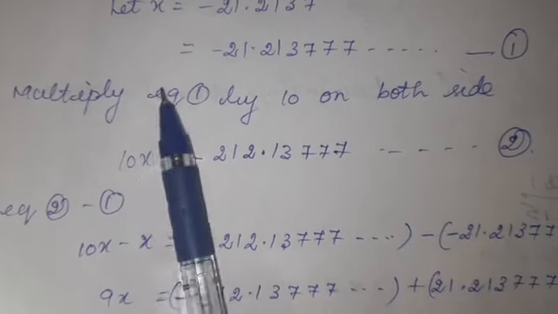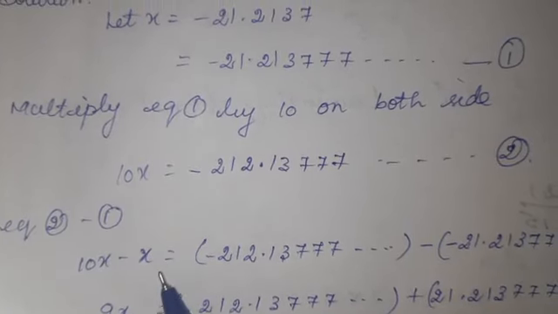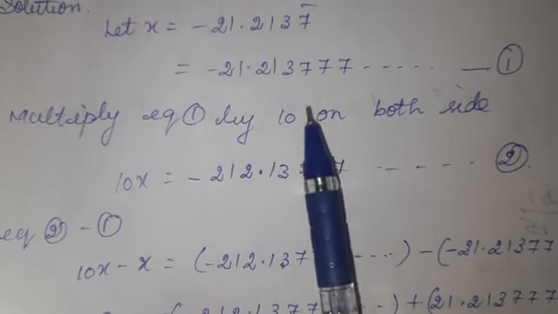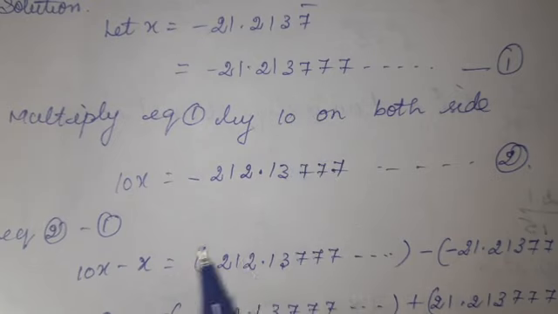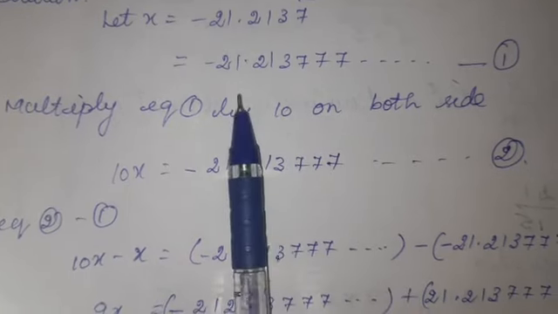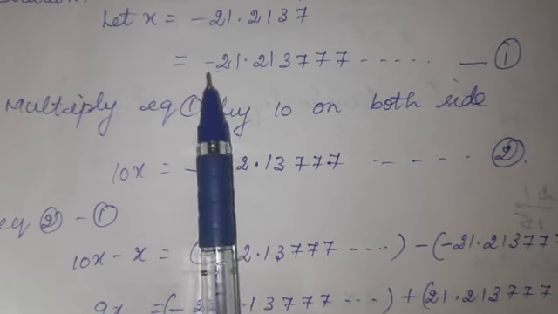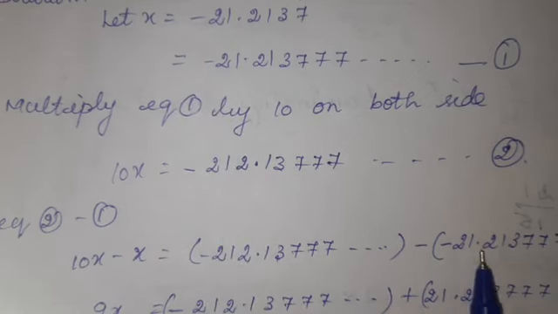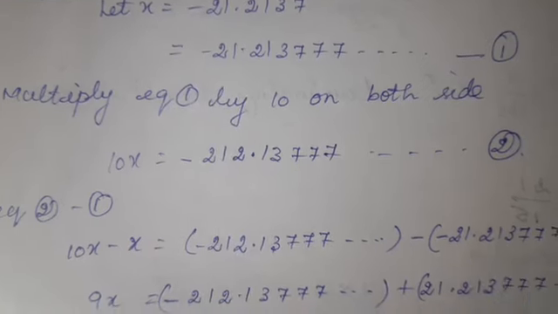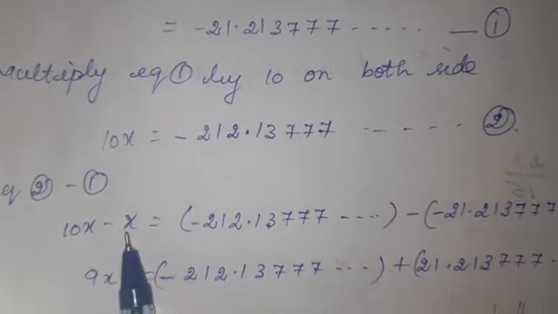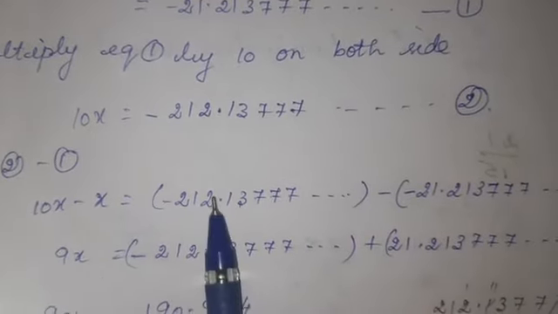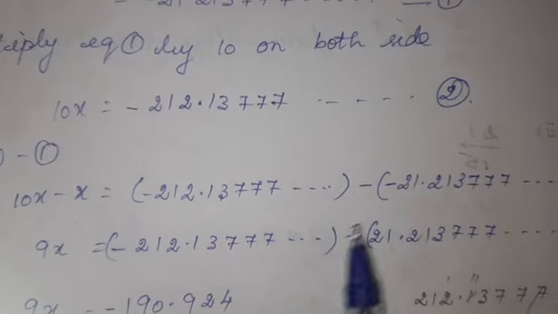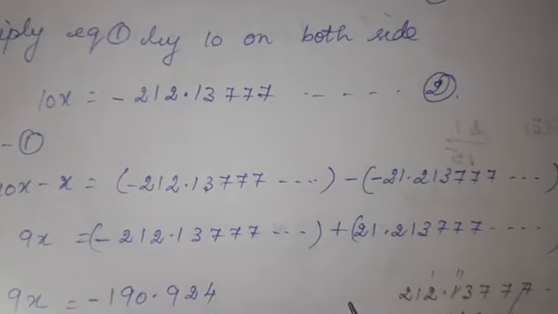Then 10x minus x is equal to, and subtract the RHS separately. So this one minus, the question they gave us, minus 21.21377 etc. Then 10x minus 1x is 9x is equal to, this I have written here, minus into minus